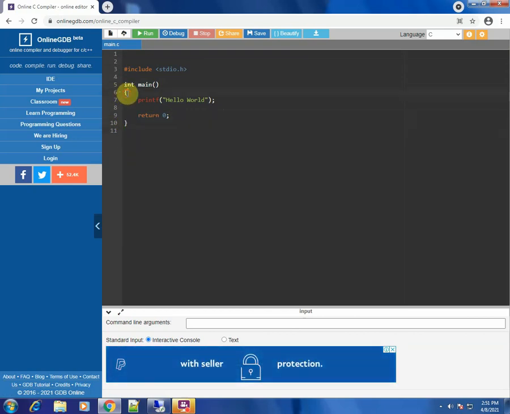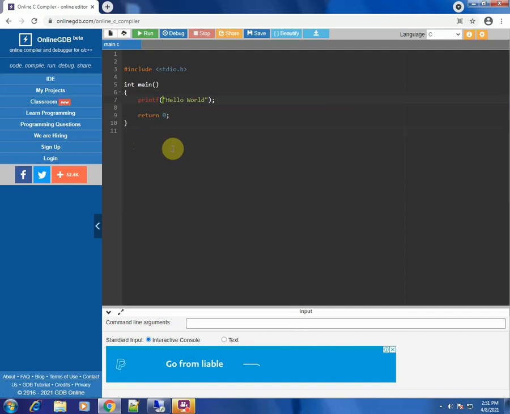The brackets, curly braces, are what we have to make use of over here. Now a curly brace and a round bracket have different meanings in C, so you have to be careful not to exchange either of them.